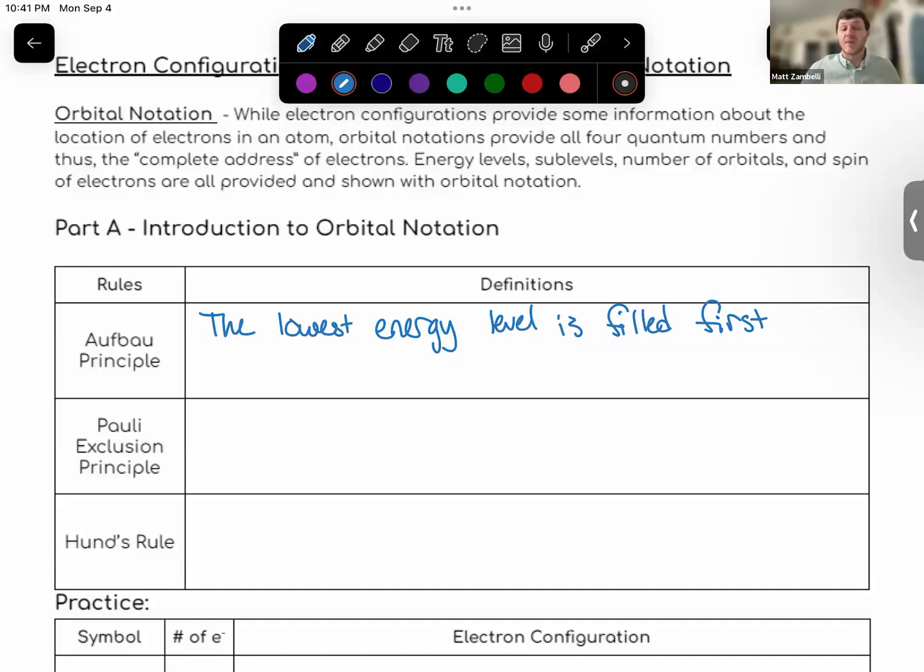Okay. We should have started with that yesterday when we just did our electron configuration as well. So it's something we've been practicing anyway. We just need to remember to keep doing that and to do that every time. Okay. And so then our second one is going to be our Pauli exclusion principle. And our Pauli exclusion principle states that if there are two electrons in the same orbital, then they have to